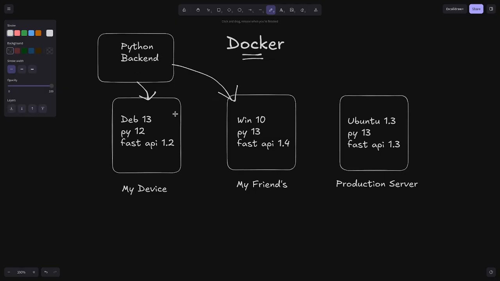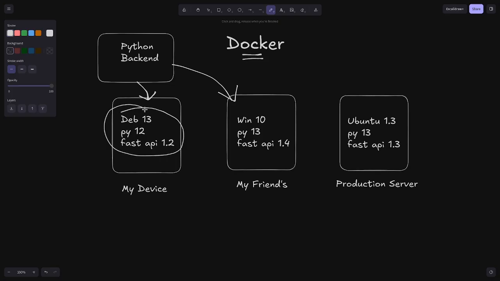He'll install all the dependencies, requirements.txt, and all the things. But this backend will not run in the same way as it was running on my device. Why? Because